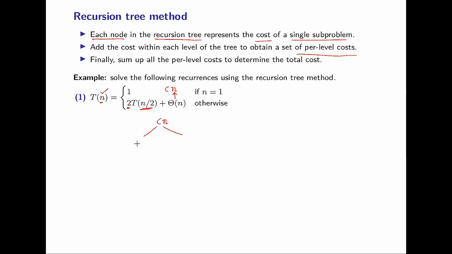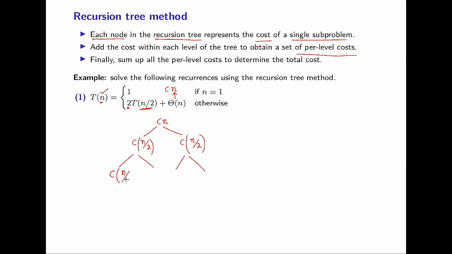Now what will be the cost here? Now your problem size is n by 2. What is the cost? c n by 2. Here also, the same, 2 subproblems of the same size, c n by 2. Again if I break it, now your problem size is n by 2. So here in place of n, if you write n by 2, what will happen? 2T(n by 2) by 2 means what? Here the cost will be